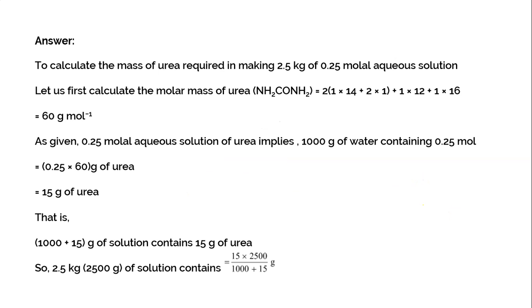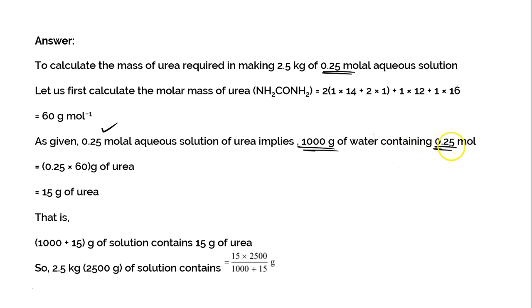So for this, we need to use a logic first of all. If you are trying to calculate molality of any solution, you need to know small w and capital W both. Now you don't know both of them, but you know molality. In the question, they said that the molality of the solution is 0.25. Whenever we say it is a 0.25 molal solution of any solute, it means that in 1000 grams of water, 0.25 moles of urea is present. 1000 grams of water consists of 0.25 moles of urea. This is what is meant by a 0.25 molal urea solution.